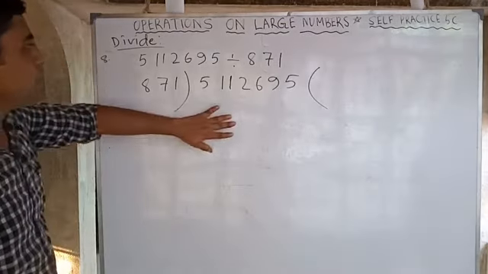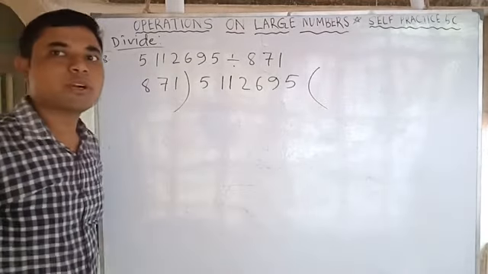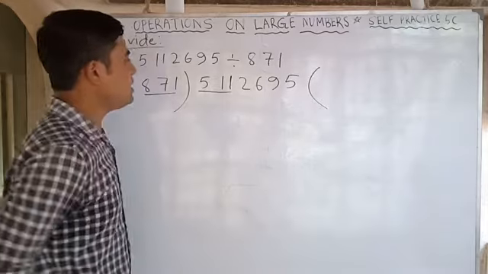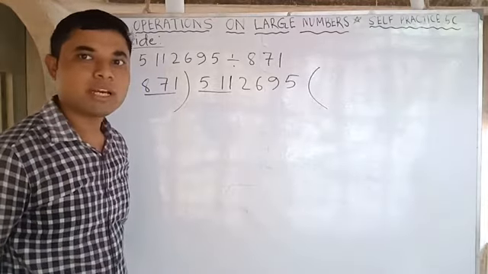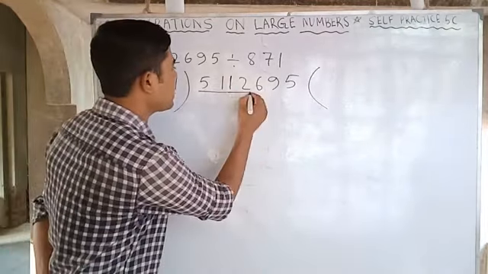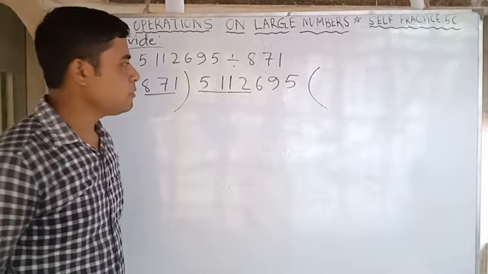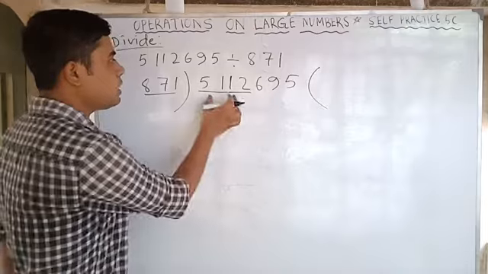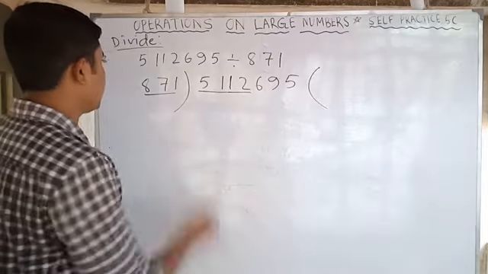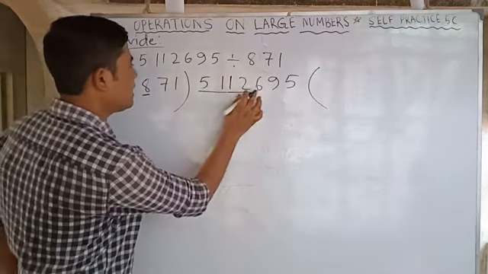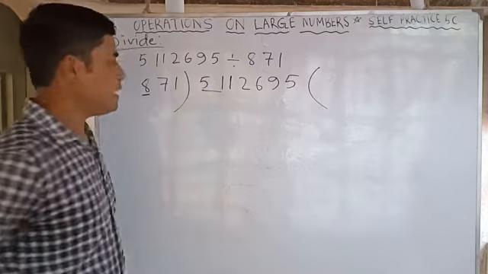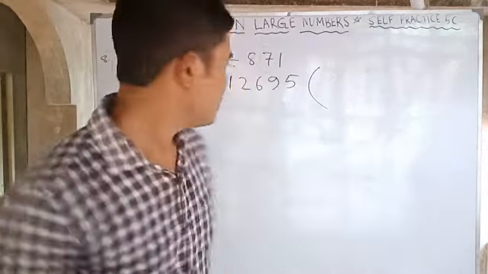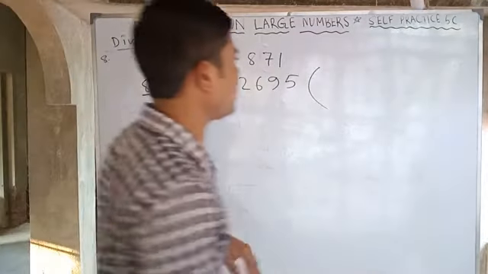Now question number 8. First write in this way. Okay, so first what we'll check, we'll check the 3 digits, but if you take here 3 digits 511, it is smaller. So what we'll do, we'll check for the 4 digit number, that is 5112. Okay, so after multiplying we'll check for this. Let's check. Look here 8 and here 51. That means which digit first we will take? 8, 8 6s are 48. Let's check for 6.